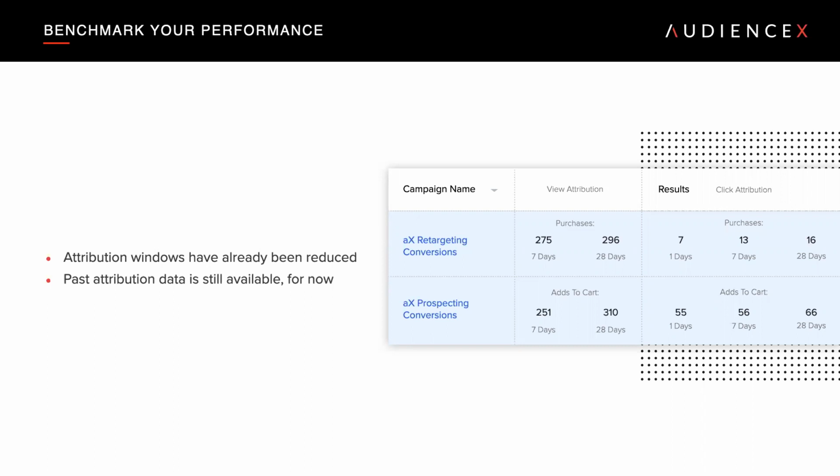So you can think about what the changes here will mean for your reporting. Once ATT is enforced, the reported performance is going to decline, but you're going to be able to roughly extrapolate, for example, that what was 60 conversions before attribution changes came into play will now be measured as, let's say, 45 or something like that.